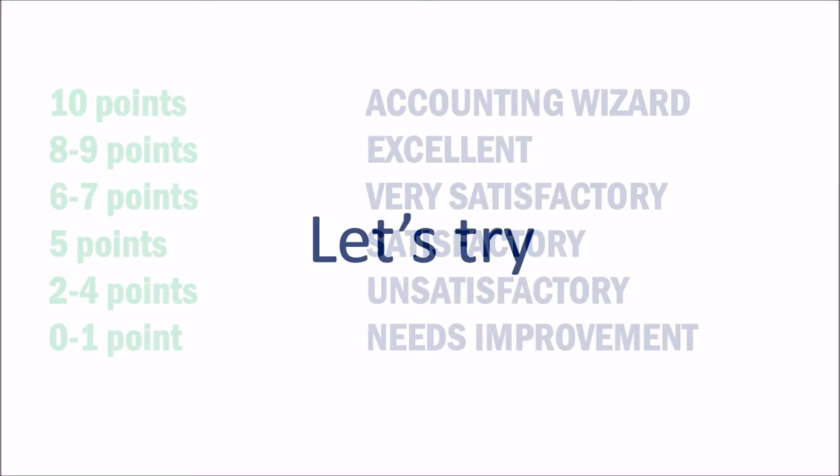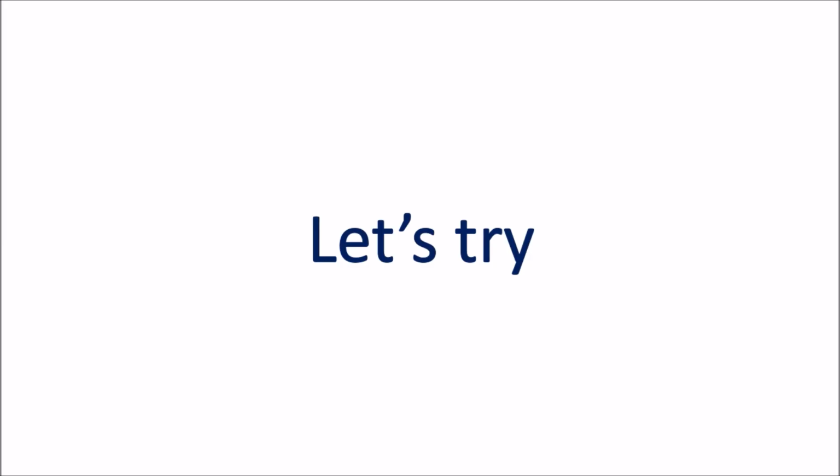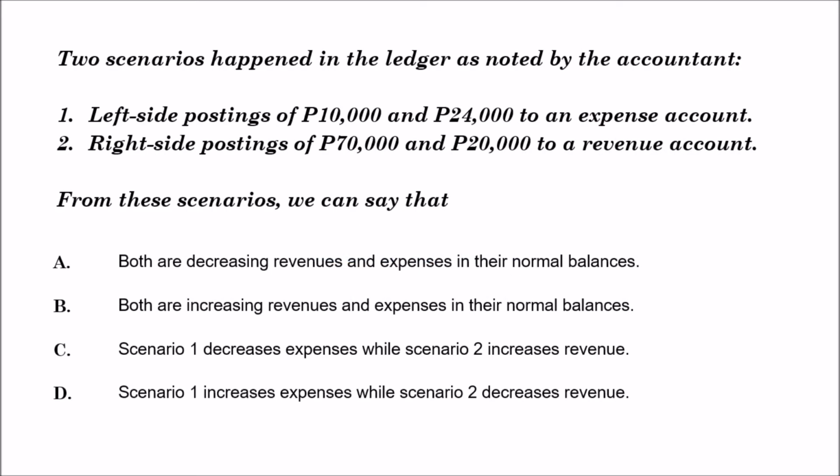Okay, so let's try a sample theory question first. Try to answer it, and then I will reveal the answer before we formally start with the 10 questions. Two scenarios happened in the ledger as noted by the accountant. Number 1, left side postings of 10,000 pesos and 24,000 pesos to an expense account. Number 2, right side postings of 70,000 pesos and 20,000 pesos to a revenue account. From these scenarios, we can say that